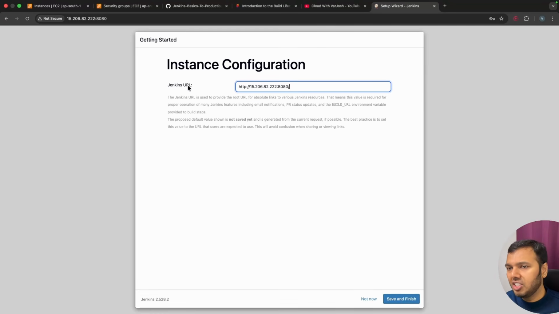Now this is the Jenkins URL. Again, when you are dealing with production implementations, you would have a DNS name for your Jenkins URL, and that DNS name will obviously point to an IP address, and that IP address, even if it changes, although it wouldn't, but even if it changes for your specific use case or for your specific implementation, then the DNS name will always remain the same. Hence, it is recommended that what you provide in the Jenkins URL should be persistent,